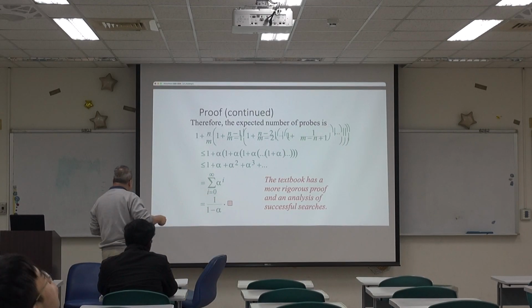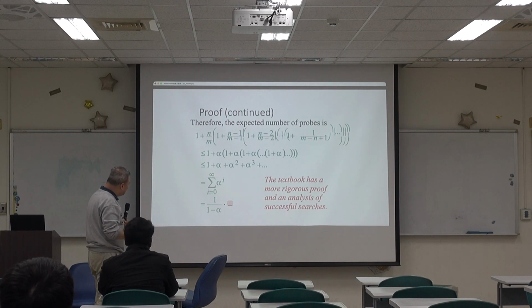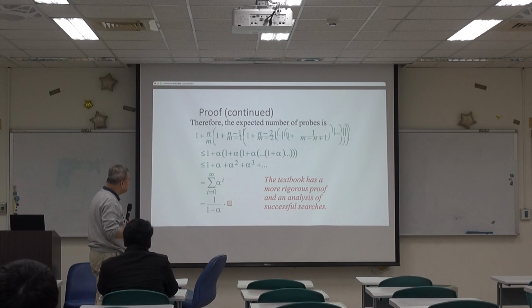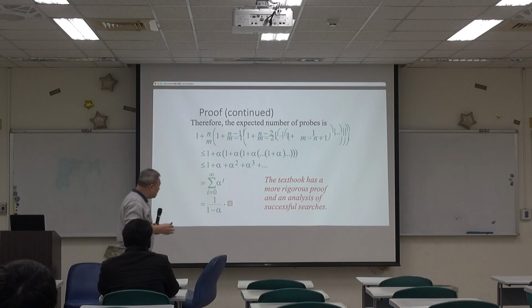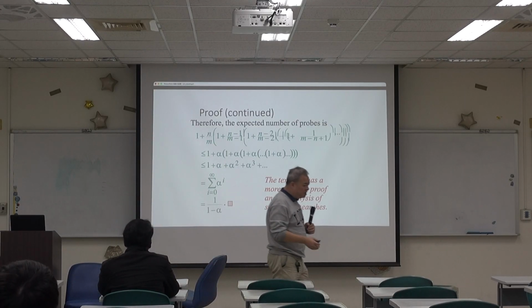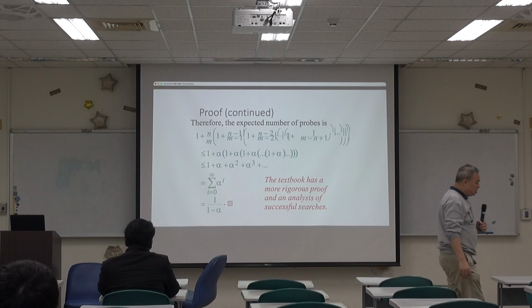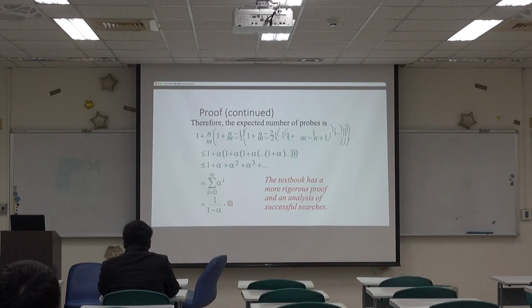Of course, we still do not consider this a rigorous proof. If you want a more rigorous proof, the textbook provides one. But I think this one should be sufficient to show you that